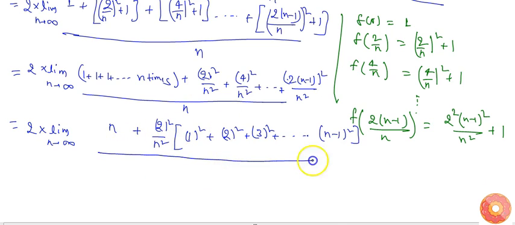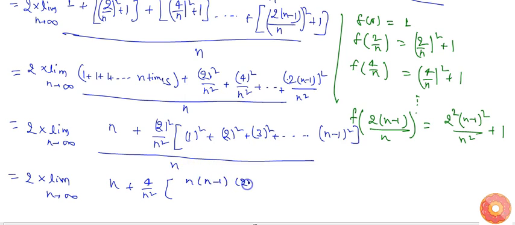Divide by n, so the limit as n tends to infinity of n plus 4 by n square times (1 square plus 2 square plus 3 square up to (n minus 1) square). So it will become (n minus 1) n (2n minus 1) by 6,